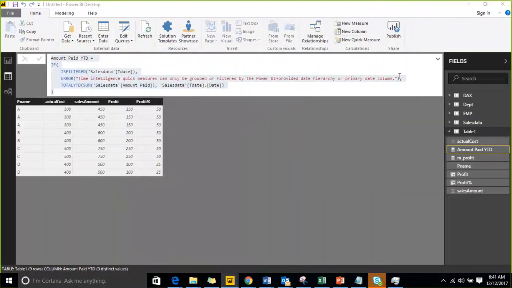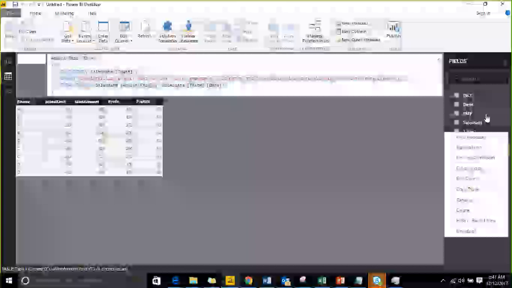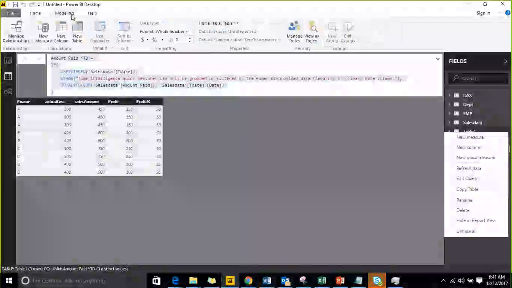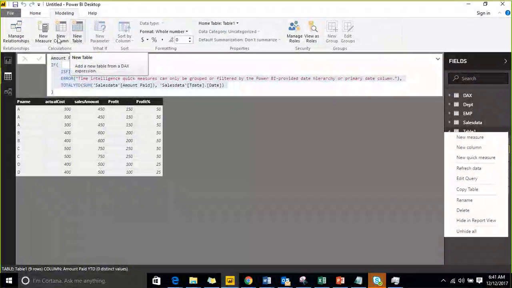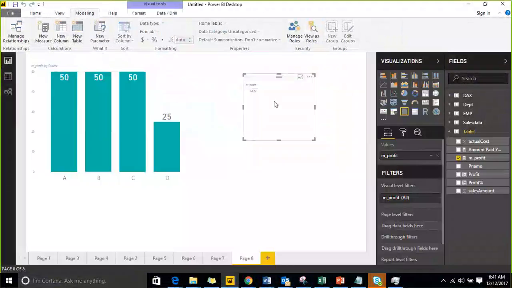These are the three things which are there as part of a table level or a column level, at Home or Modeling, all the places that you have: New measure, new column, and quick measure. And the next one is